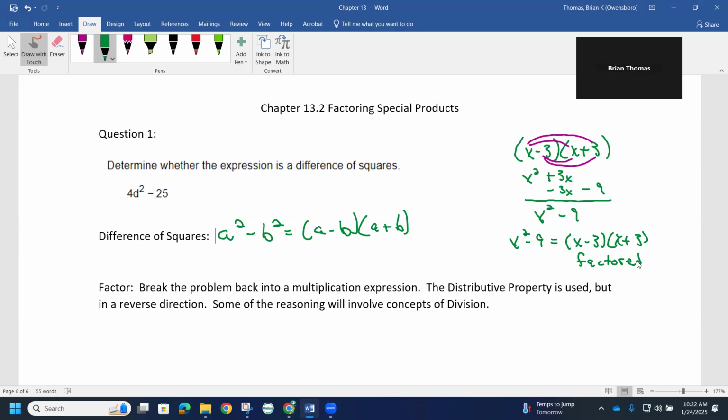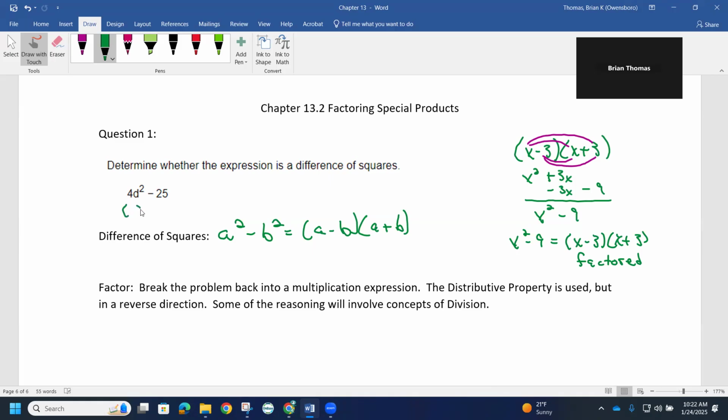So what I pick up on is if we have a squared minus b squared, in other words, we have two terms, and the first term can be written as a perfect square, and the second term can be written as a perfect square, and we're subtracting them, then all we have to really do is pick up on what was squared, and then we subtract what was squared, and then again we go what was squared, and we add what was squared. So what I mean by that is if we look at this 4d squared minus 25,